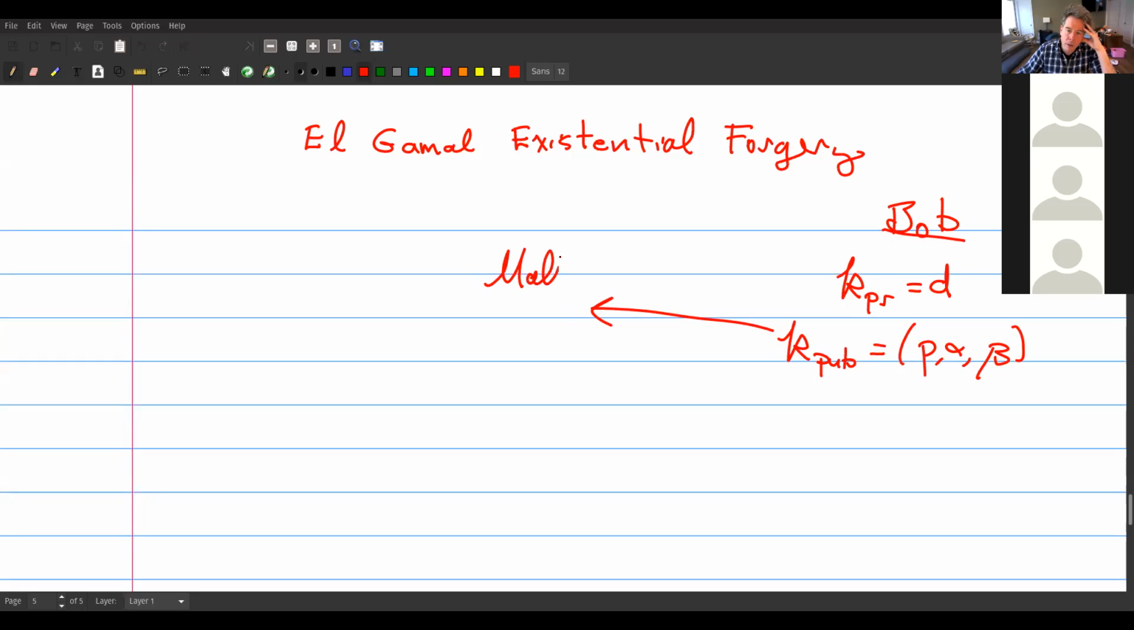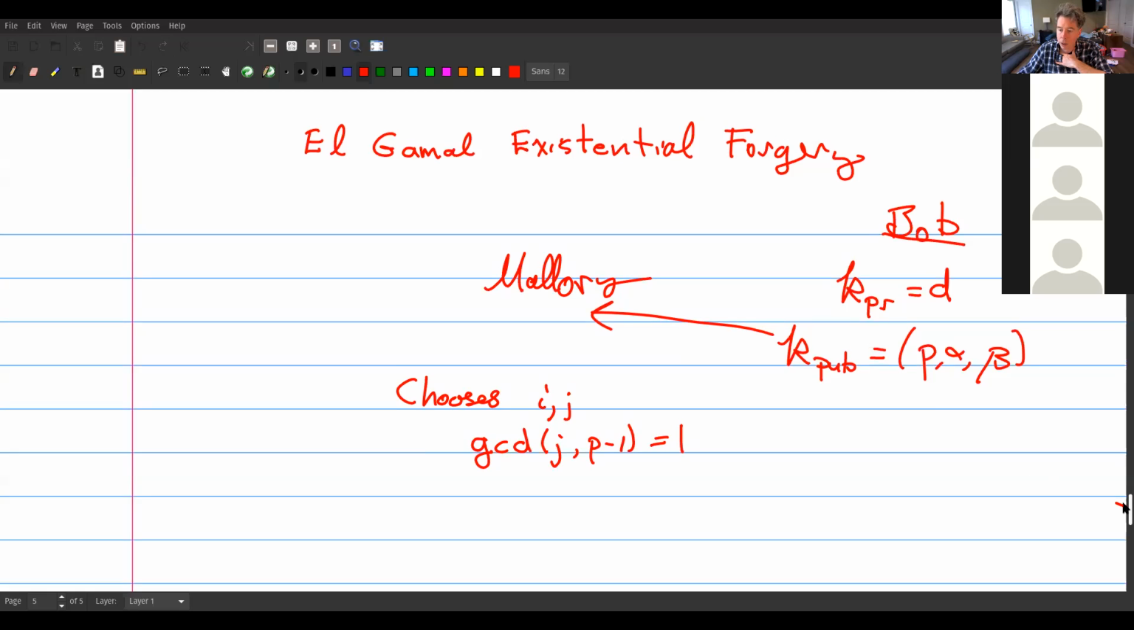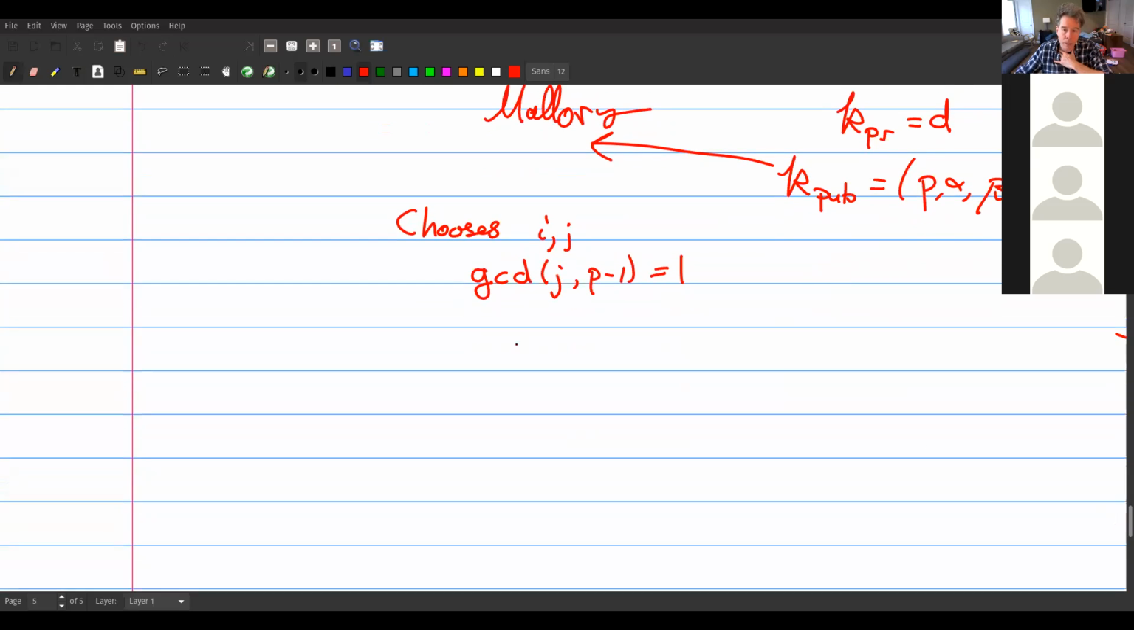But then here is Mallory, who reads that stuff. And then what she does is she chooses I and J. These are integers. I can be anything, but it has to be true that the GCD of J and P minus 1 is equal to 1. So this is the first step. The second step is compute R. So R is alpha to the I